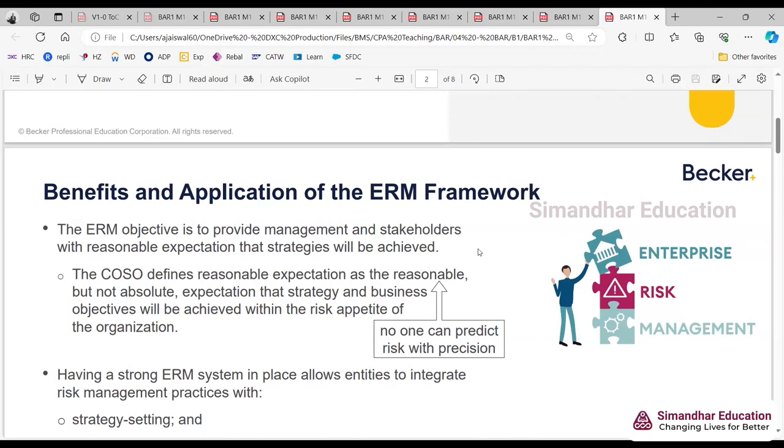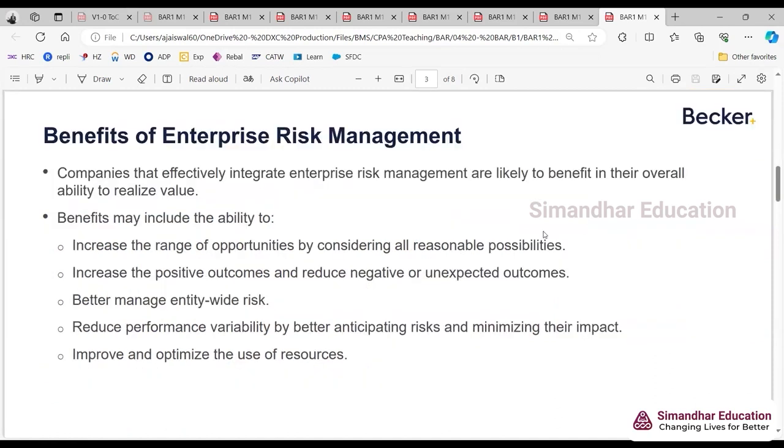If you don't have an exclusive or a separate ERM practice, then how do you think we are going to manage all the risks that are happening? And in a company, soon the company will start growing, right? Once the company starts growing, then it becomes even more difficult to have a risk management process in place. Otherwise, if initially itself we have a risk management process in place, as the company grows, we can make the policy also bigger and better, right? But if we have to do it from scratch, it is very, very difficult.